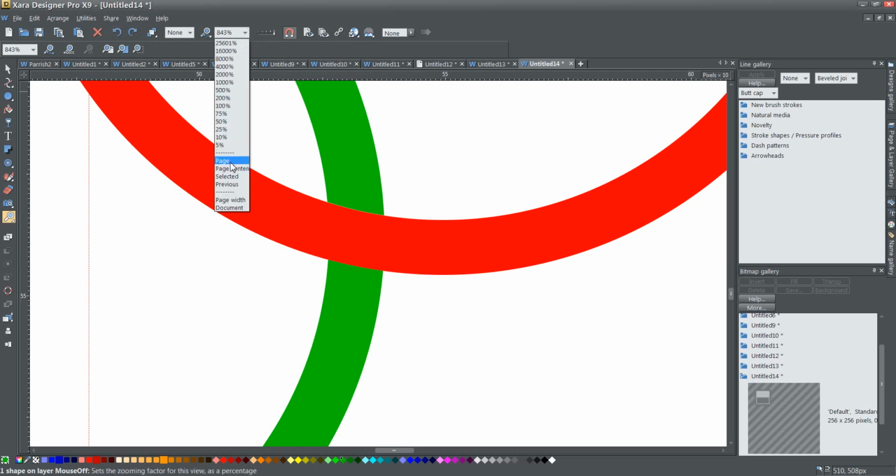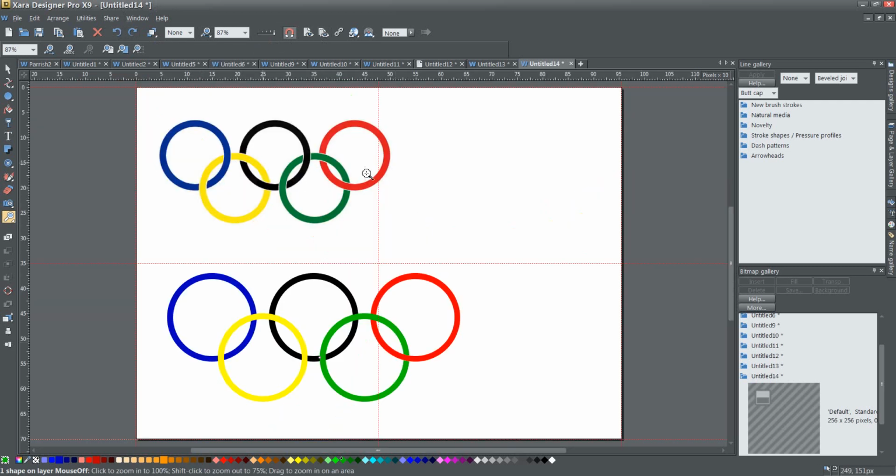Alright. So, going back out to the page, I'm going to quickly go through the rest of that. Now what I need to do is create a clone of the green and the black. I've done red and green already, now I need to do green-black. So I'm going to press Control-K in place, and then, with both those still selected, I'm going to